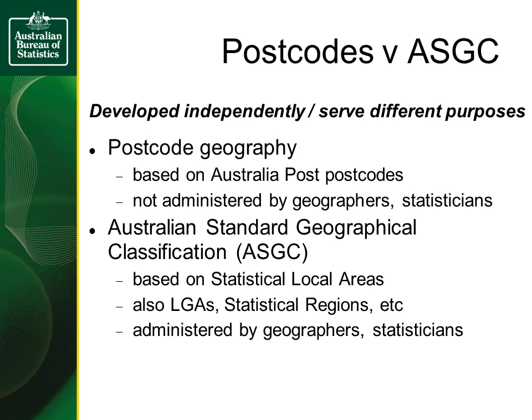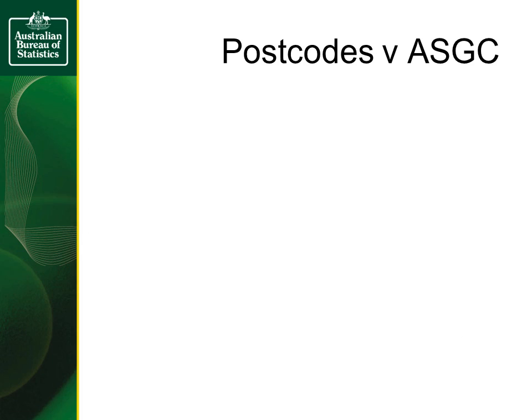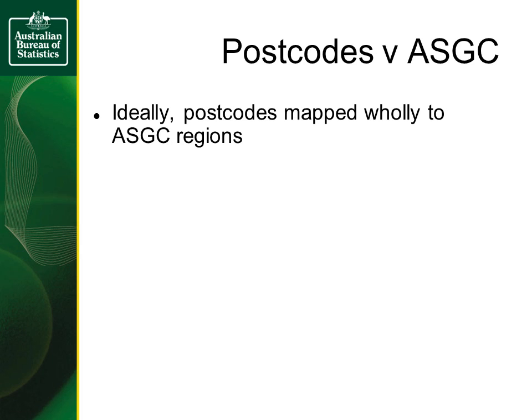Australia's official statistical geography, the ASGC, is based on Australia's official statistical regions. This geography is prepared for official statistical purposes and is different to the postcode geography. Ideally, entire postcodes are aggregated to ASGC-based regions, which gives good potential for the postcode-based migration data to be used for the regular estimation of migration for these regions.